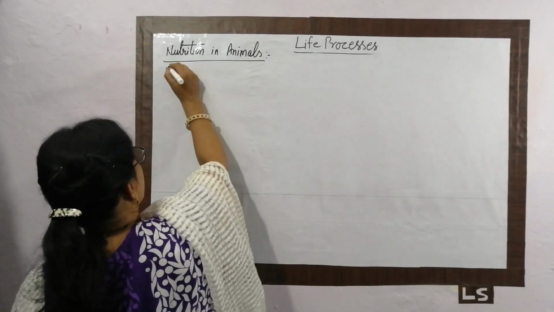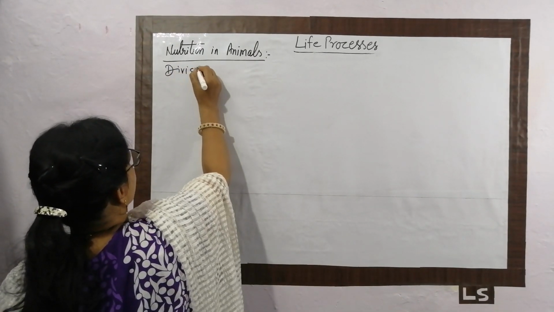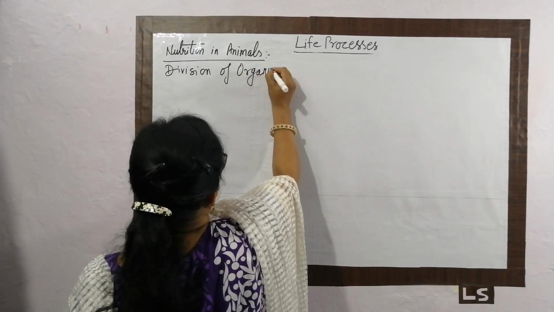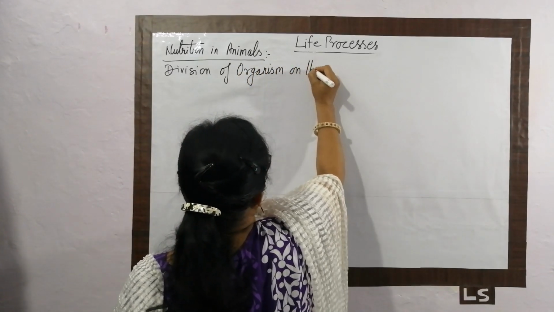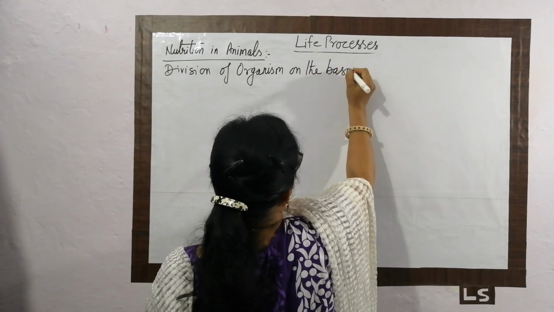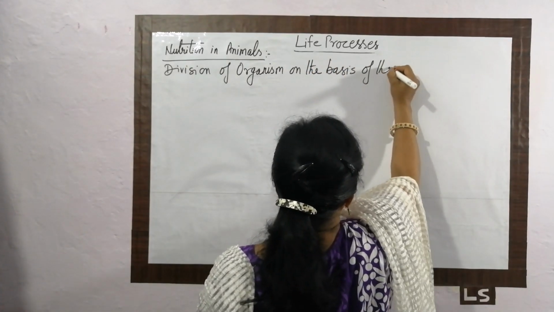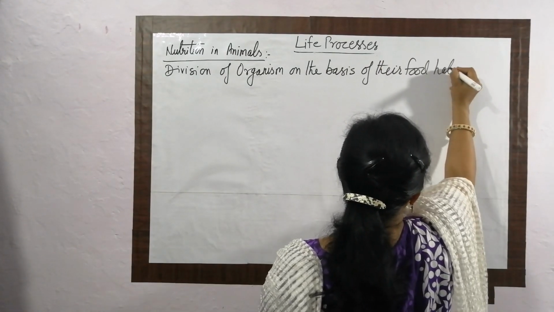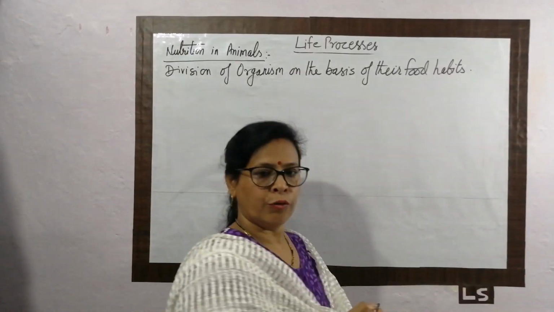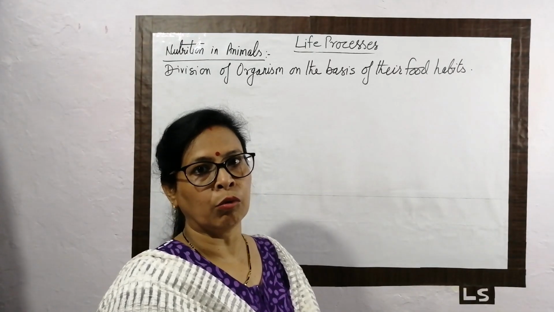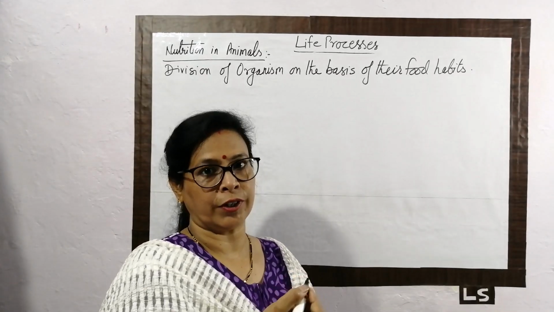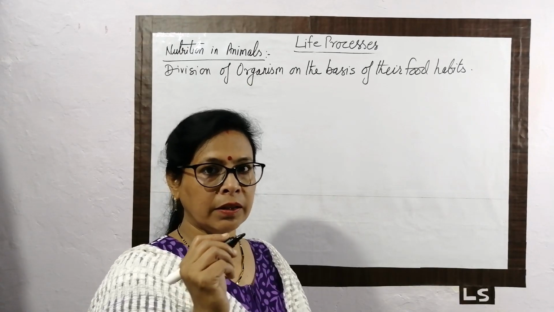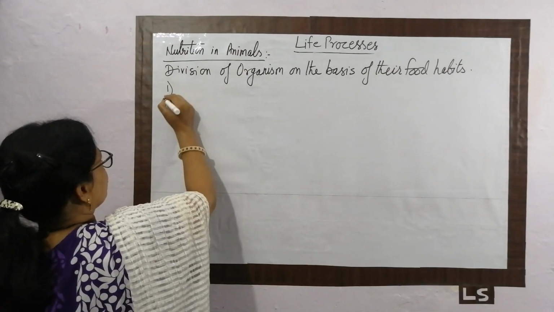The first topic is division of organisms on the basis of their food habits. Food habits mean the nature of the food they eat. On the basis of this, we are able to divide organisms into three types. First is called